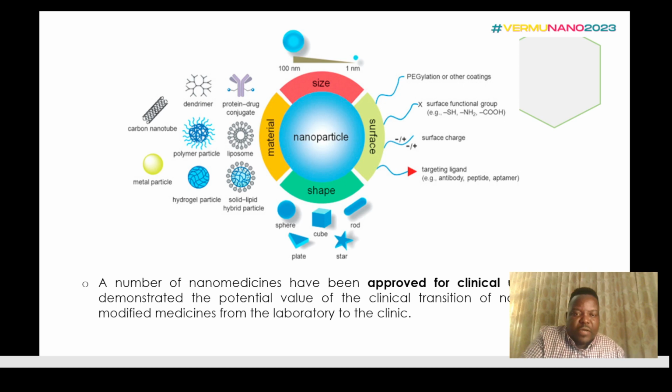They can be functionalized, pegylated, or coated with other materials like polymers, and at the same time, they can also be functionalized using an antibody or targeted ligands. These are for making targeted delivery. And a number of nanomedicines have been approved for clinical use. So when you're talking about nanomedicine, we're no longer talking about fractions, because there are so many drugs that are already commercial and were designed using these nanomaterials, including the vaccines from Moderna and Pfizer.